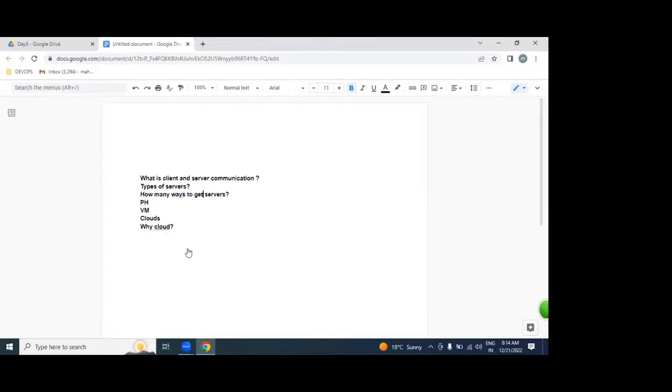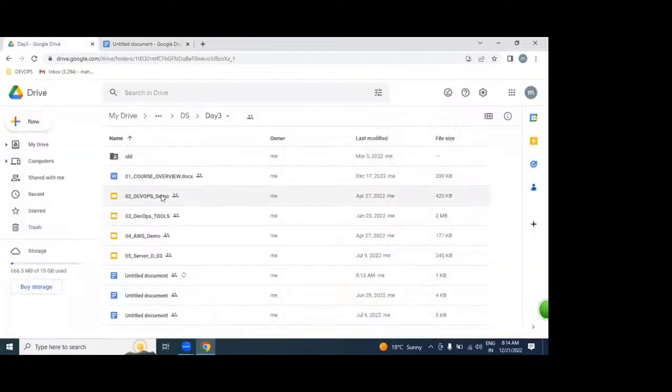But before starting this session, let us do a quick recap, because of some new students we have here. Let us recap what is DevOps and what is AWS. First, let us recap. Within 10 to 15 minutes, we'll complete this, then we are going to start the agenda. So this is exactly our agenda for today. First, let it begin.